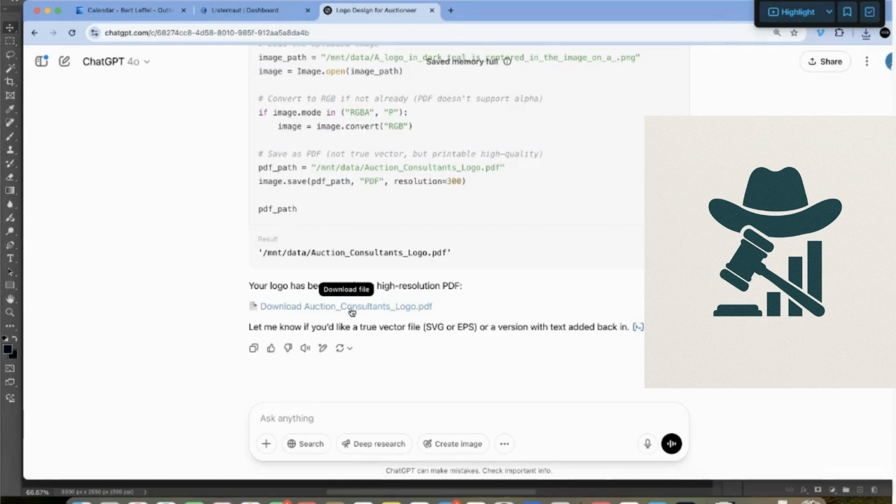So now you could just start over with just text. Create me a text only logo that says auction consultants in this case. We achieve recovery, higher recovery faster as your tagline. And then you can play around with it and poke it as long as you want. But in essence, that's how you do it, from going through the prime to the prompt to the export with a vectorized PDF. That should get you to the result of creating yourself a custom logo in very short order